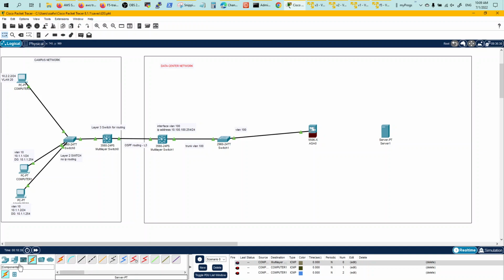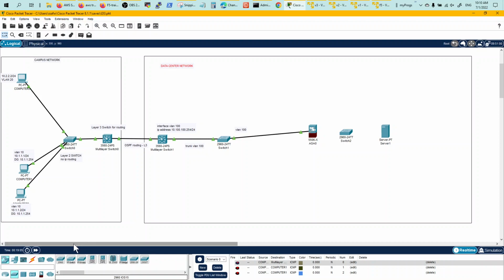We can do that with a switch. This switch is the data center access switch where all the servers are going to hang on. And then we can trunk this port connecting to the firewall for all the VLANs